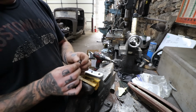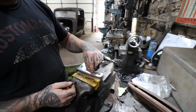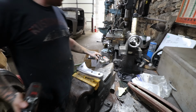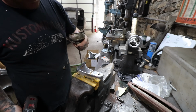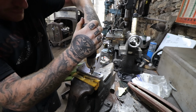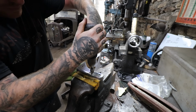Now what I'm going to do is, these bolts have a real steep bevel on them, so we need to countersink this so that the bolt head sits nice and level with the surface. So I have one of these countersink bits, as I would call it. I'm sure there's a proper name for it. So I just usually take my time,